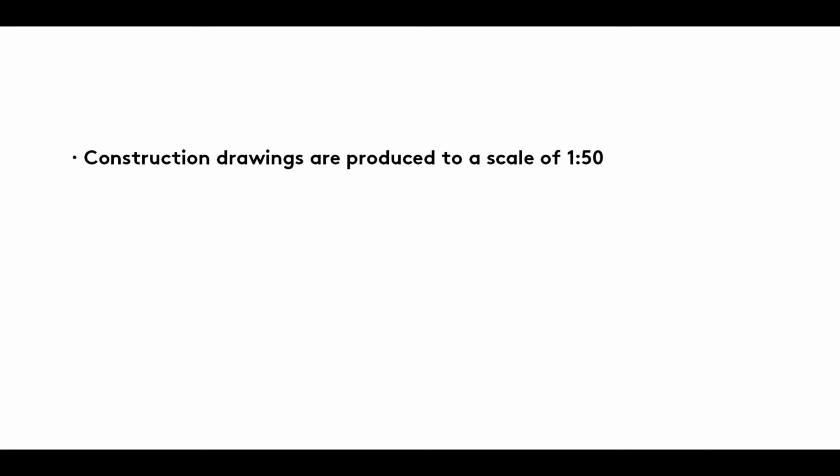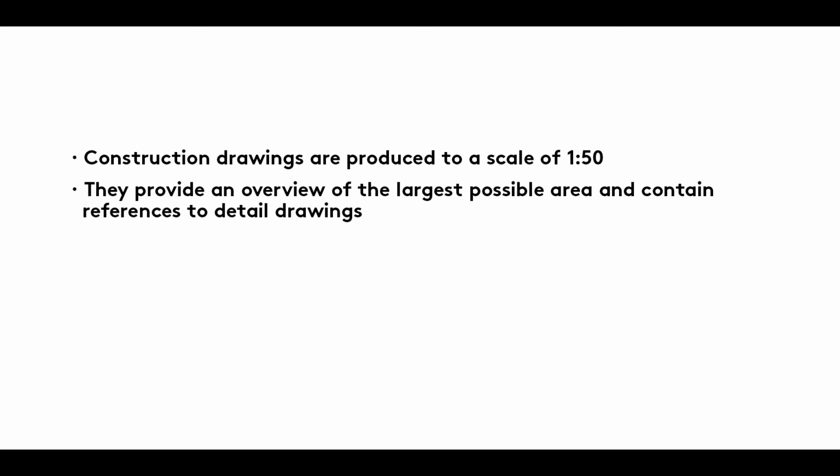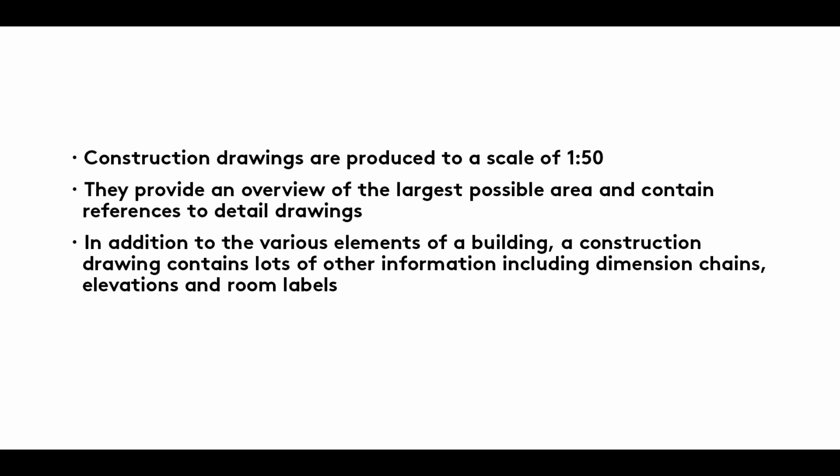Summary. Construction drawings are produced to a scale of 1 to 50. They provide an overview of the largest possible area and contain references to detail drawings. In addition to the various elements of a building, a construction drawing contains lots of other information, including dimension chains,